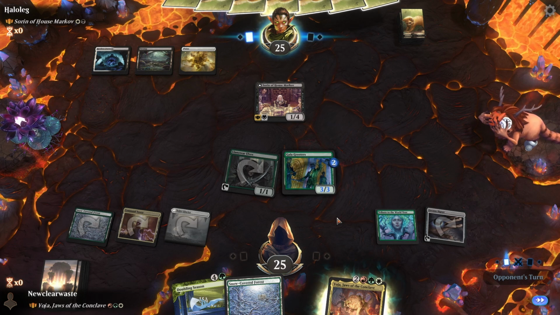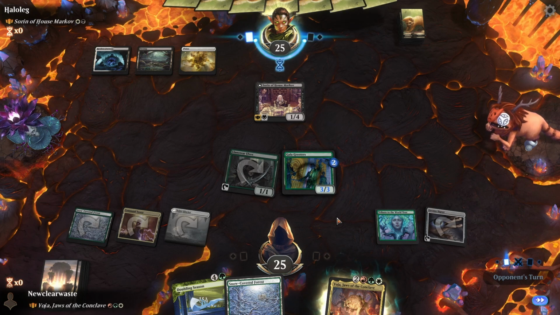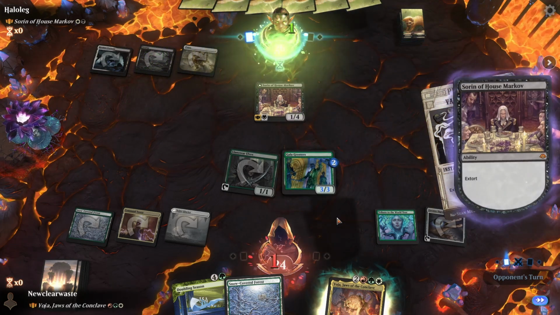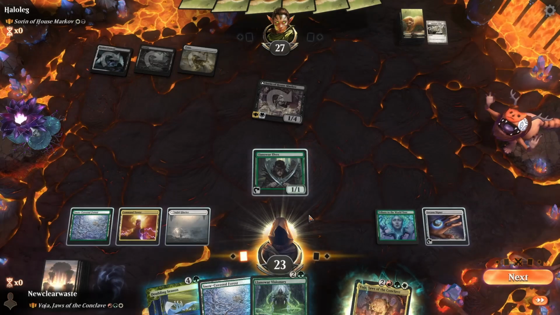Thinking about something. If they remove the Llanowar Elf, they can, at least on paper, stop me from playing Voja next turn. If they decide to get rid of the Gallic Readers, interesting. Okay. Well,